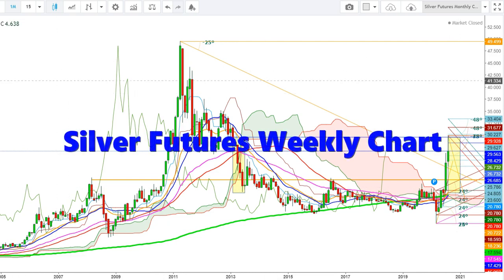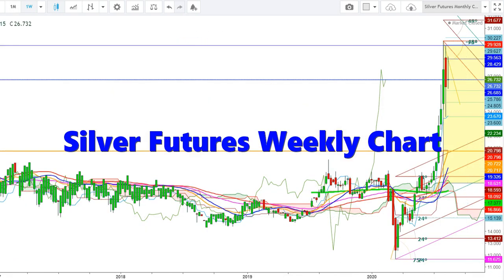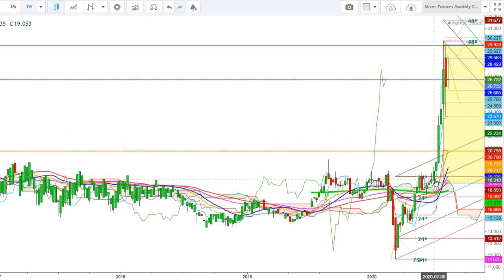Friends, now let us have a look at these moves in a weekly time frame. In a weekly time frame, you can see how the silver futures showed an uptrend, where they started an upward move from the levels of $11.59 that they tested during the month of March 2020. So here you can see that after testing these highs, the silver futures witnessed a sharp sell-off from these levels and once again the silver futures showed some strength.